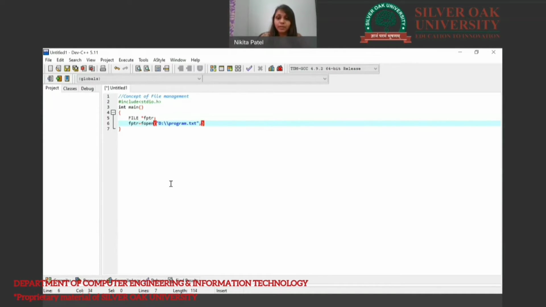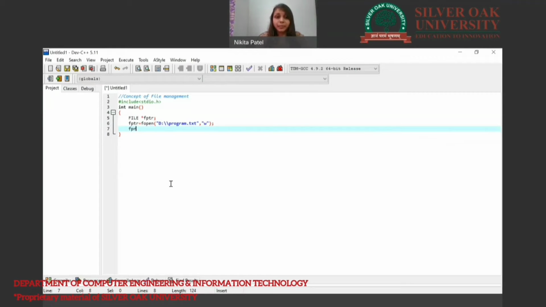Then after a comma, specify the mode, read mode or write mode. Whenever we are creating a file, we always open it in write mode. So the first statement declares a variable fptr as a pointer to the file. The second statement opens or creates a new file in the D drive with write mode. So fptr contains all the basic information about that file.